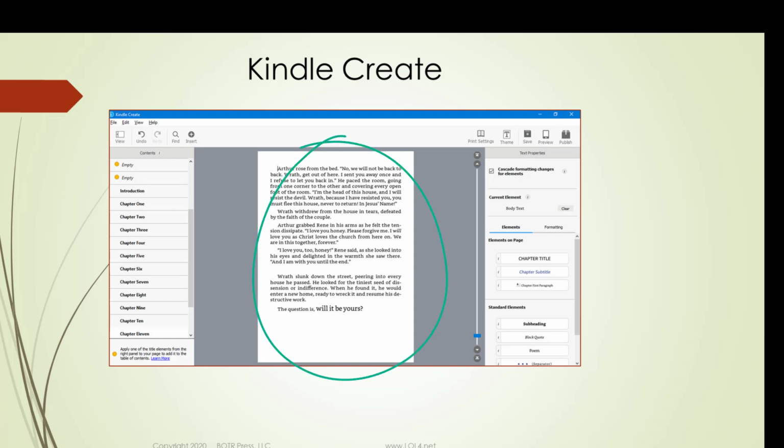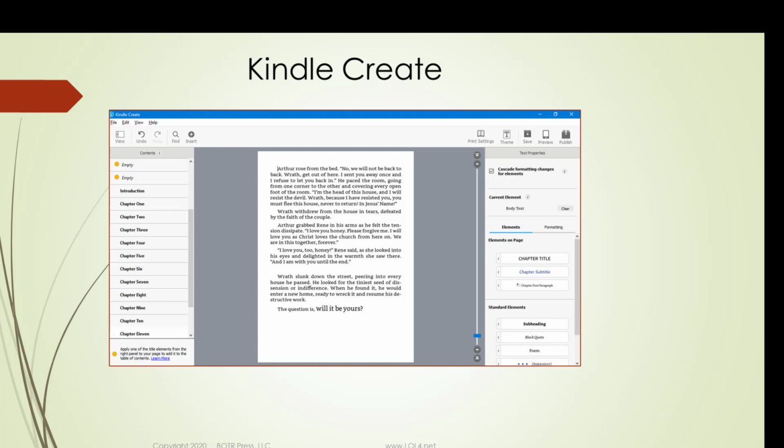In the center portion, you'll see the pages. And the pages show up individually. You can scroll through them using the scroll bar to the right of the page within the chapter, or you can use those contents headings to jump to another chapter. This allows you to go through and see all of the pages in each chapter